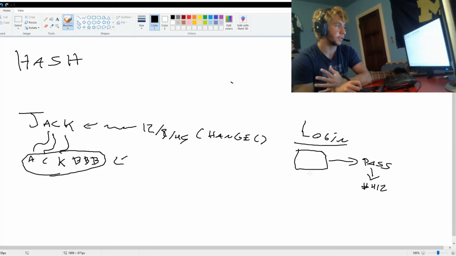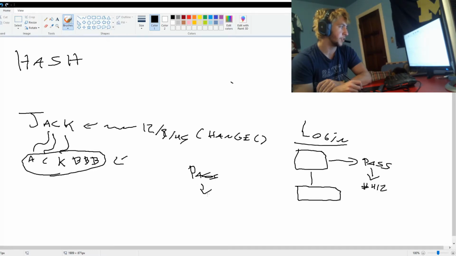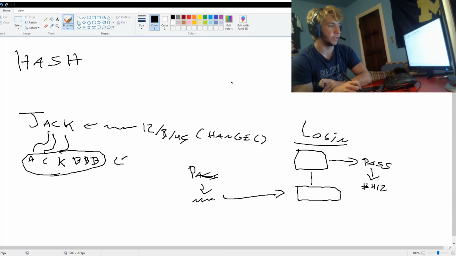Then the server pulls whatever saved hash they have. So they saved this hash over here, for example. When you first put in your password on the registry screen, they took your password, hashed it, got this new input of data, and then saved it in their server. Now, when you submit a login attempt, they will hash your password, pull the hash they have saved, and see if it's the same as this resulting hash. And if it is, then it'll allow you to log in and continue.